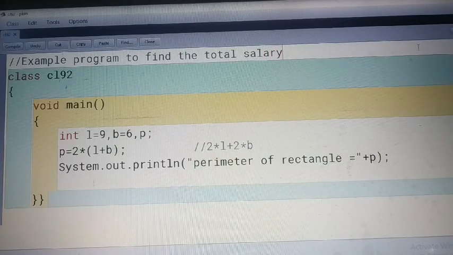Suppose you are given a program where you have to calculate the total salary of an employee, which depends on various calculations on the basis of his basic salary. So what is the condition?